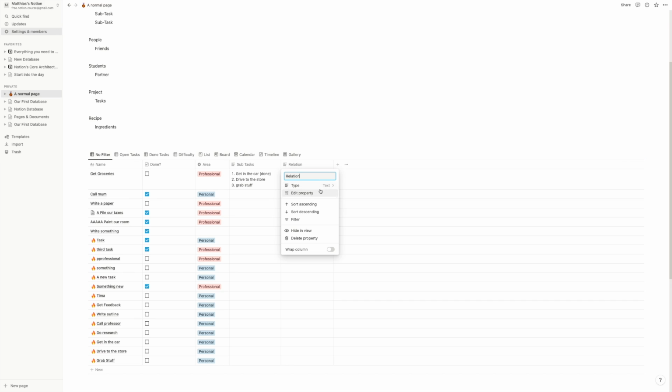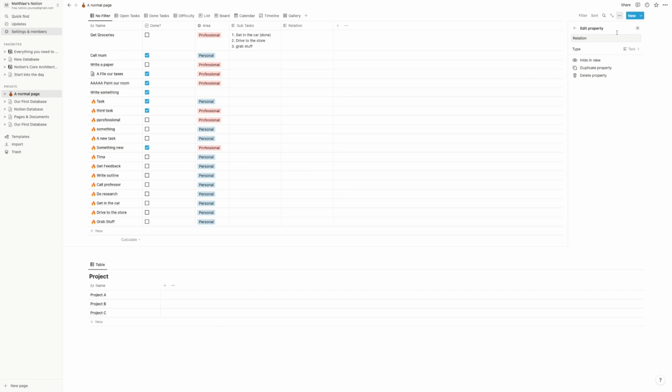But in the case of our tasks and subtasks, there's not really a reason to limit this to one person, so we're not clicking on that. And then there's separate directions, and the easiest way to understand that is to just show you. So if I don't toggle this on and just say add relation, what I can do now is I can